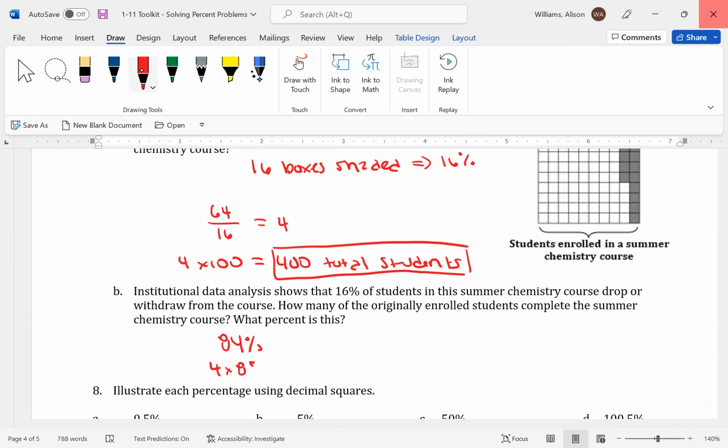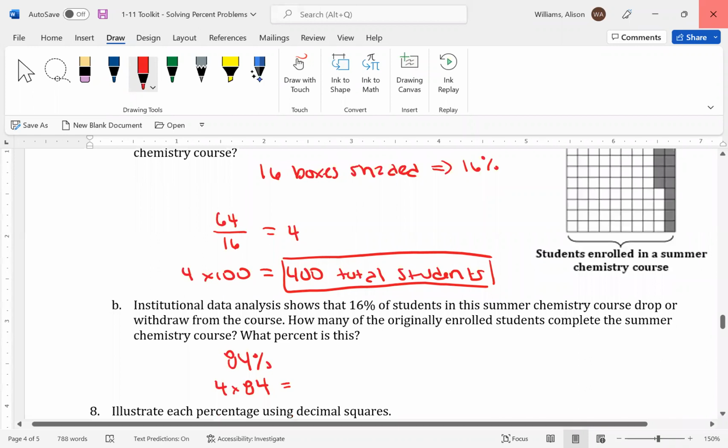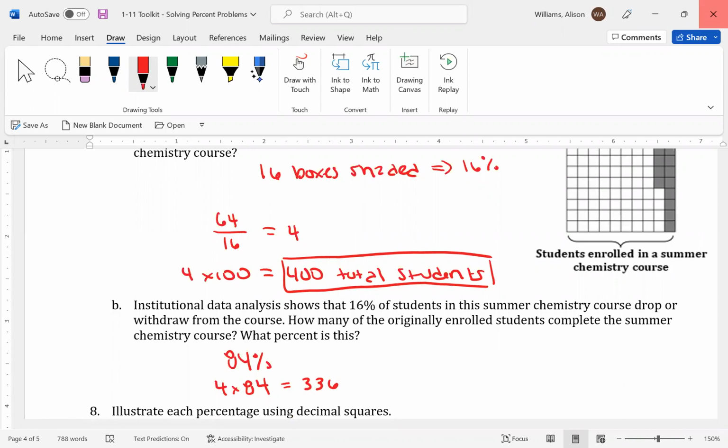4 times 84. Wow, it doesn't want to let me erase. Okay, I give up trying to erase. 4 times 84. Okay, there we go. I finally fixed it. And I zoomed in a little bit. Okay, so 4 times 84 comes out to 336. So that's how many students stayed or completed